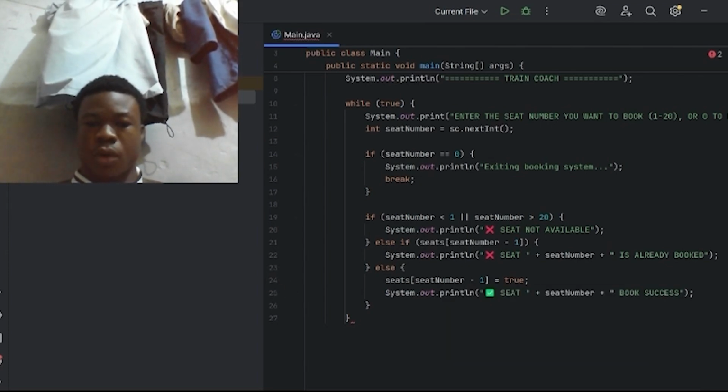Line 24, seat number 1 equal to true. The number 1 is set in the array to be true, which means that the seat is already booked and not available for users to book. Line 25,